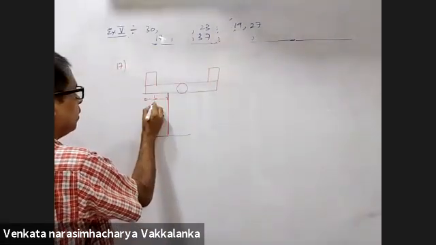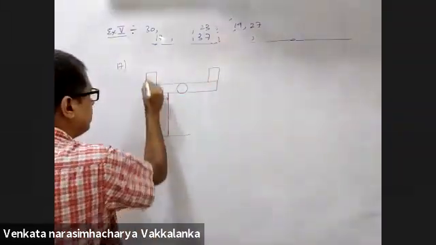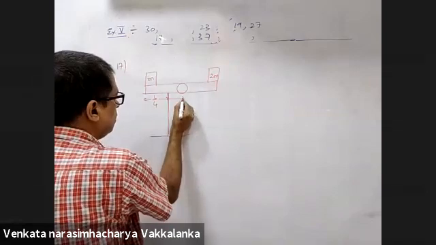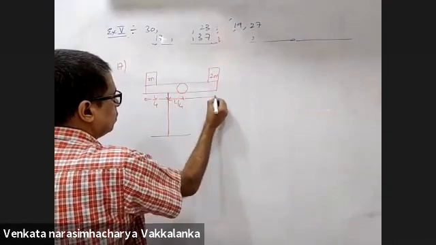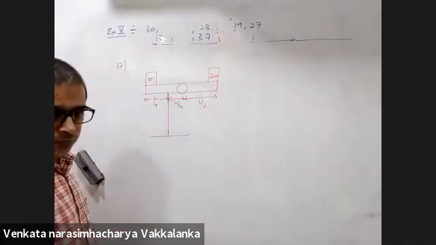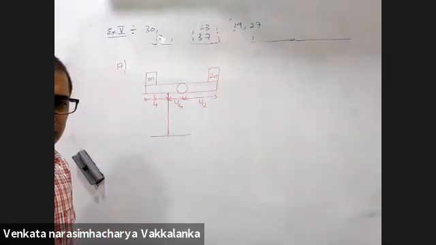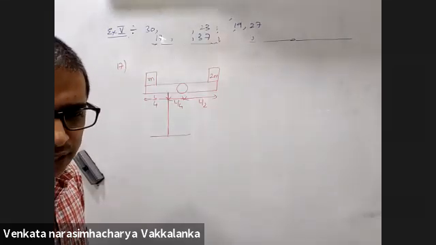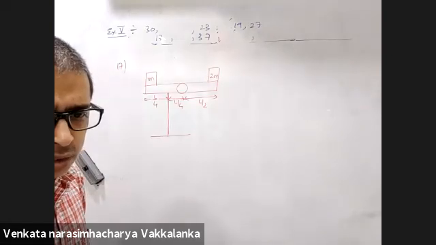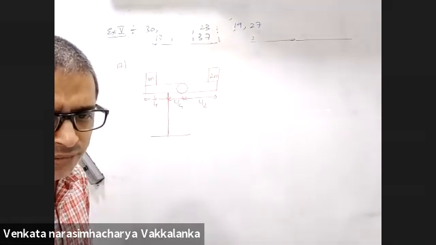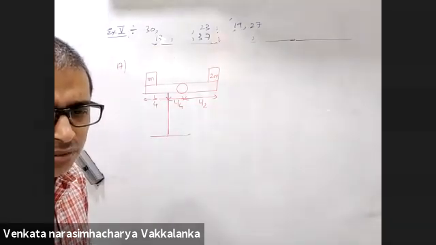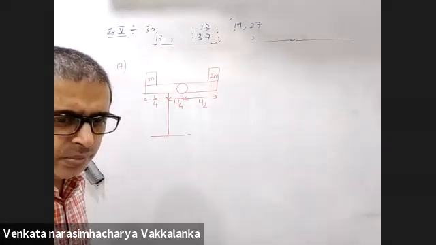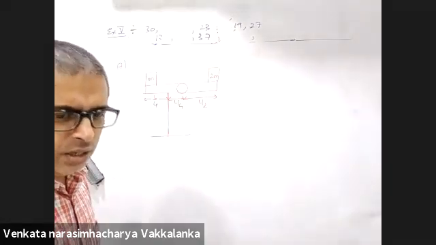L by 4, sorry, unable to see the diagram properly. This is M, this is 2M. This will be L by 4. This will be L by 2. A bar of length L and mass M has a frictionless pivot through its midpoint. There is an additional point mass 2M on the right end of the bar and an additional point mass M on the left end of the bar. The bar is held in horizontal position by a vertical cord attached at a length of L by 4 from the left end as shown in the figure. Additional masses M and 2M remain fixed on the rod. The rod is initially horizontal. Find the tension in the cord.